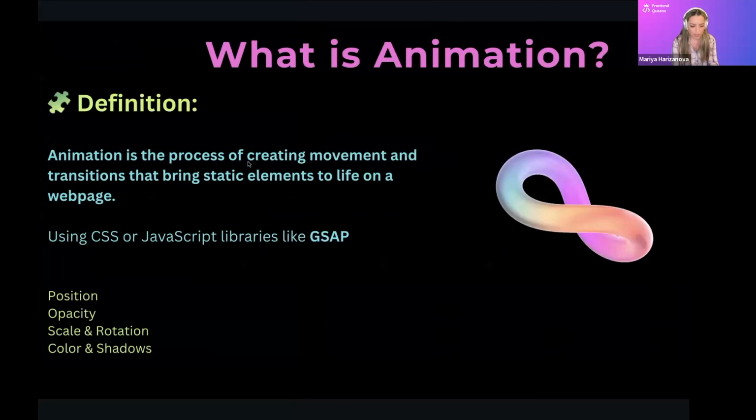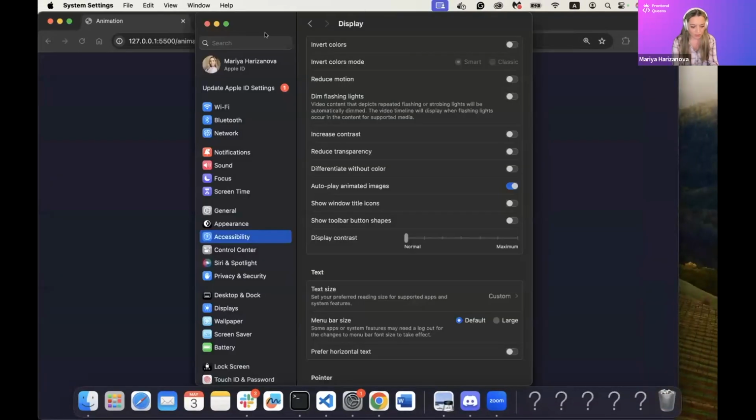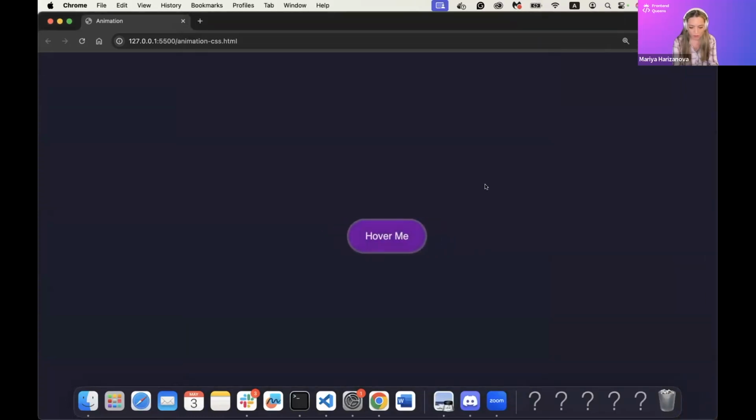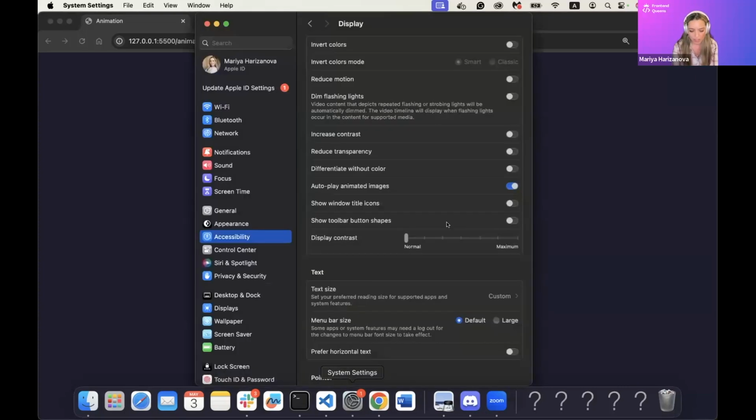Currently we have this button which is sliding left to right. On hover, the button is sliding left and right, and this is set up in our code. But for example, if the user does not want motion to be present because of disability or anything else, they can click this on their end, and